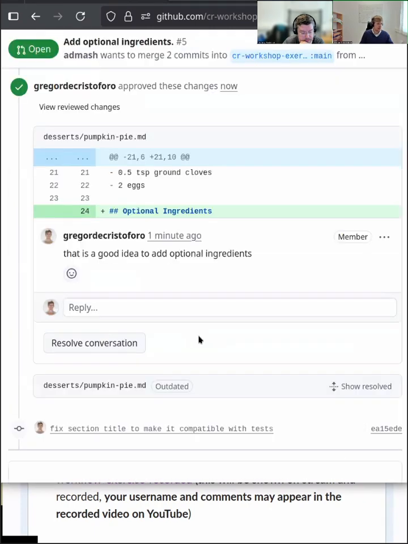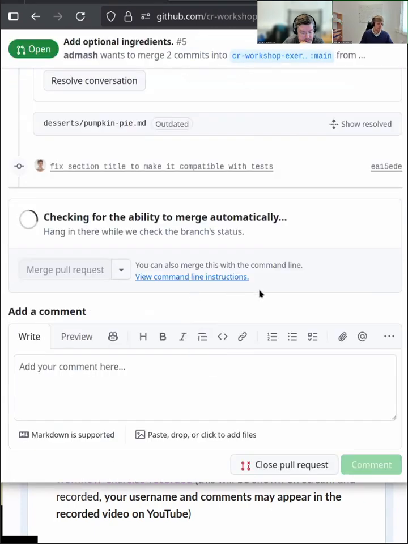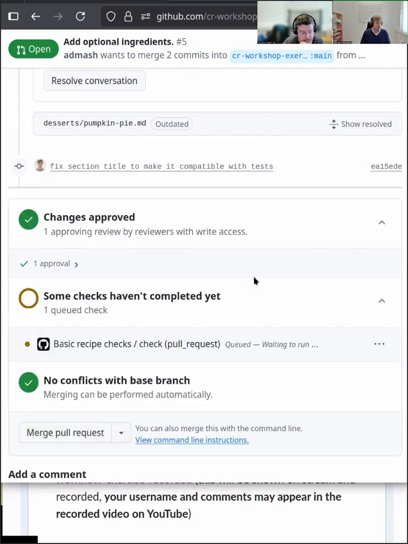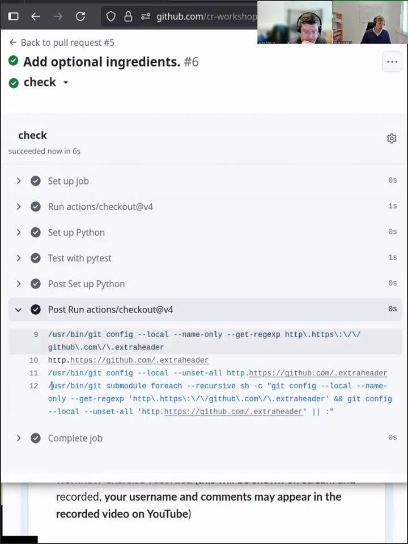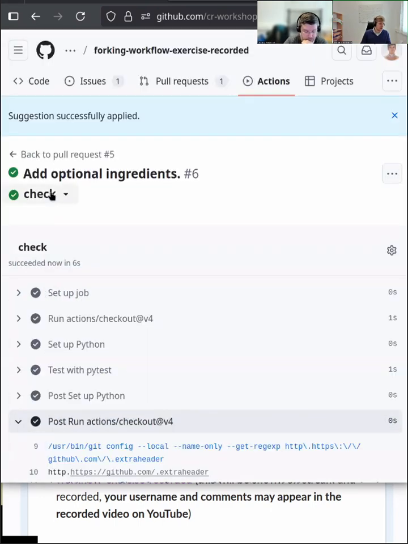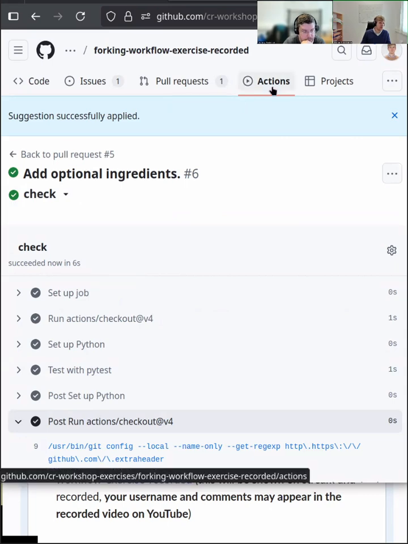And if I do this again, let's see whether the tests are passing this time. So we see that they're running. So we can click on this and it will show us the details. So we see here the different steps in this test. So that's setting up the job. It's then setting up Python, installing PyTest, which is the library that we use for doing these tests. And then we see, okay, everything seems to work. Nice. The checks are green. It's ready to be merged.